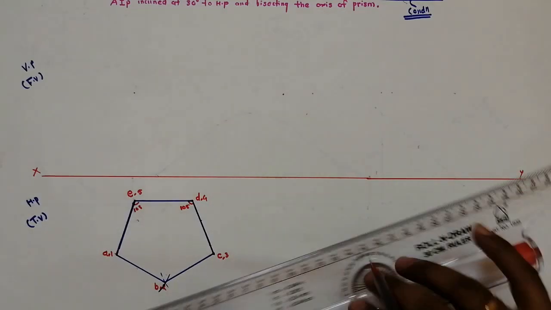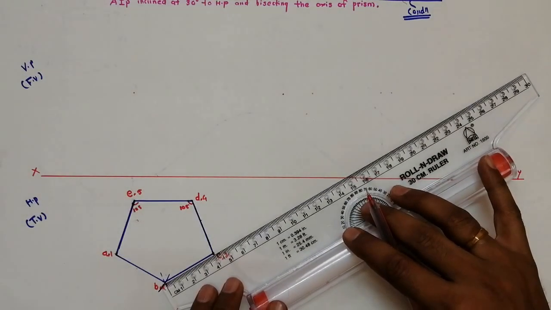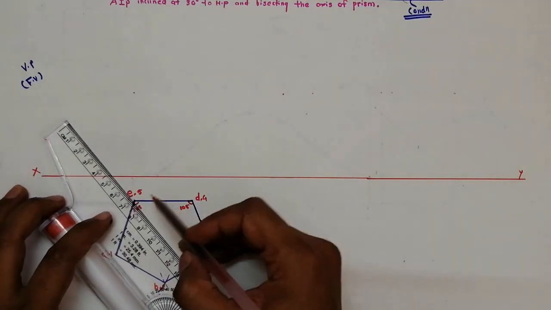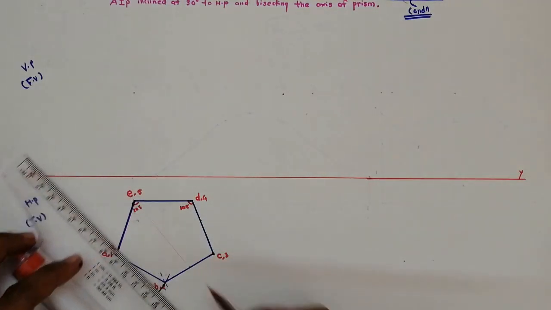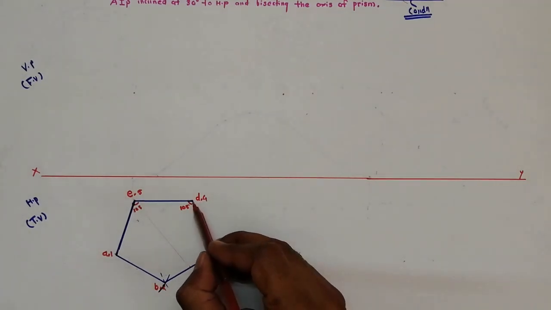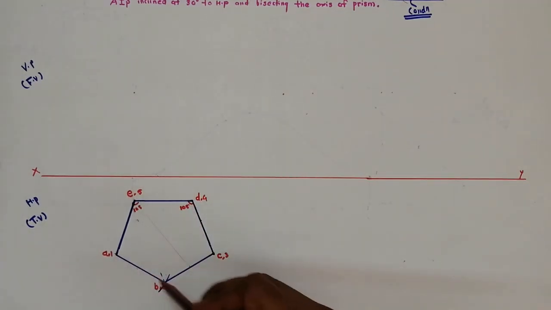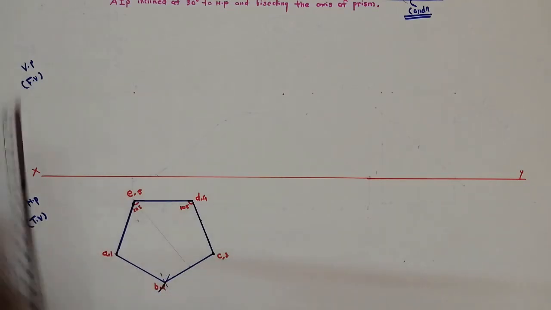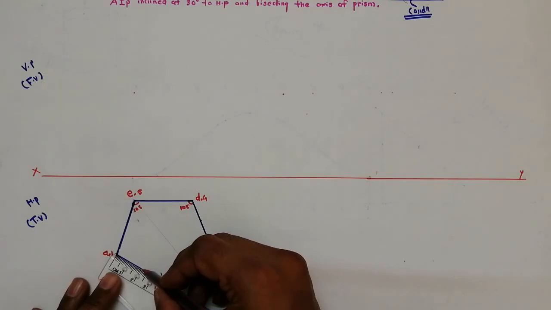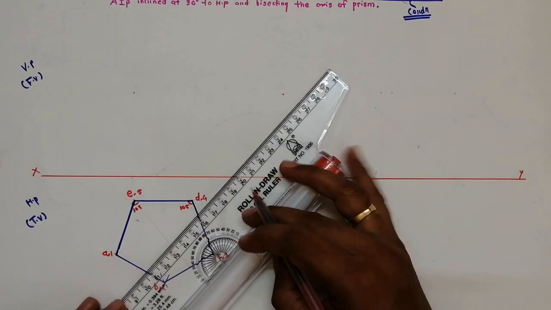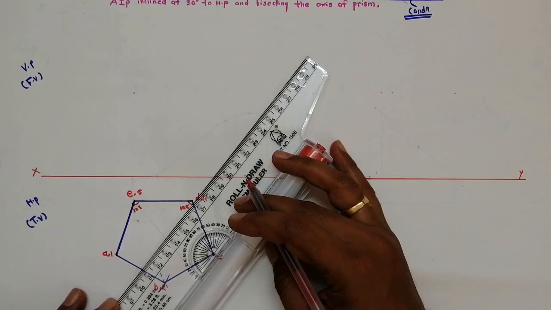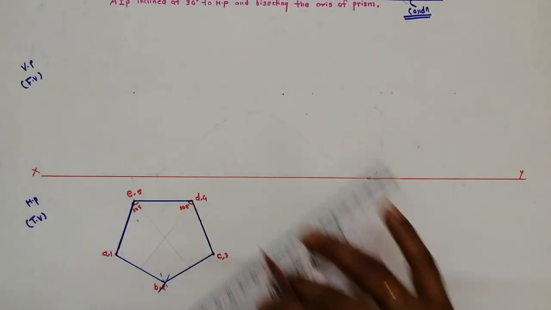So take the midpoint of this BC, okay, and then join this line. Now this is a faint construction line, okay, one line. Now take the second corner, suppose D, the opposite side is AB. Take the midpoint of this side also. Now join the line from D to the midpoint of the opposite line, faint construction, okay.